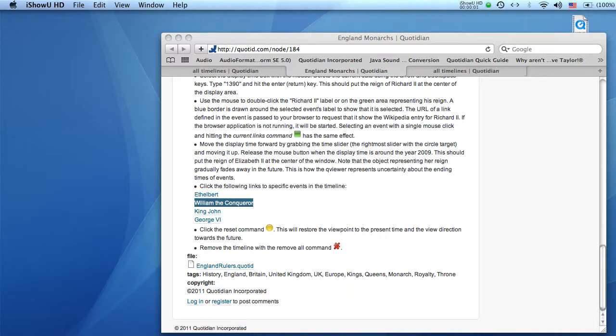Web pages can link to Quotidian events, and Quotidian events can link to both web resources and to other events. This video shows some of the ways linking works in Quotidian. A link to an event in a web page, like these links to various kings of England, are added to